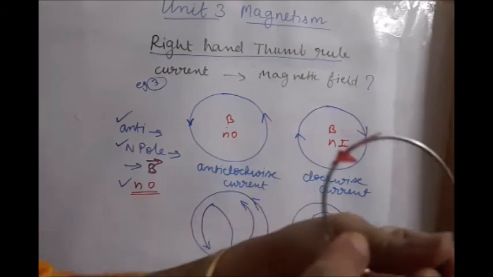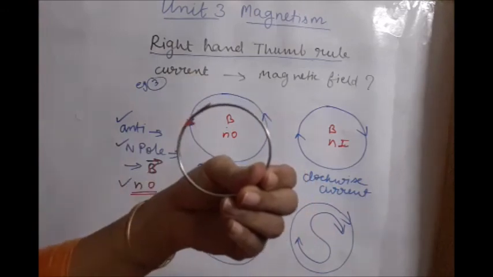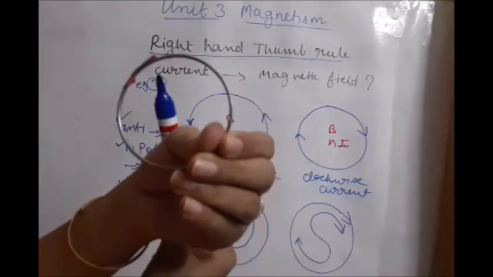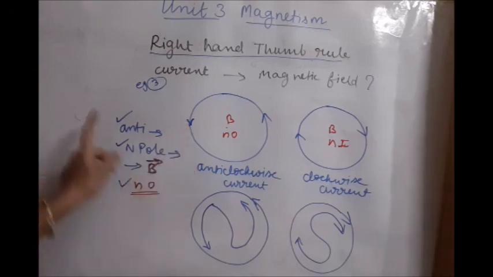It is this way. For the same coil, if I am in front and if I am at the back, then for the same current two poles are present at the front side and back side. That's why it is a magnet. So note down this learning technique.